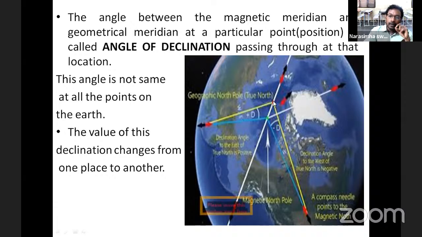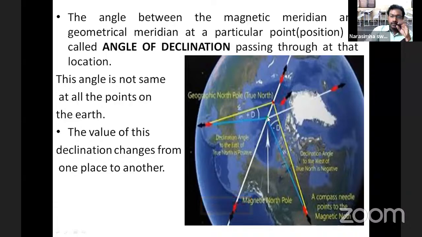Now the angle between these two is indicated with the D here. Look at this. It's plus D and minus D. So this angle is called the angle of declination. Understood? So the compass needle points to the magnetic north. See, all the compass needles are pointing to this point, and originally this is the geometrical north pole, and the